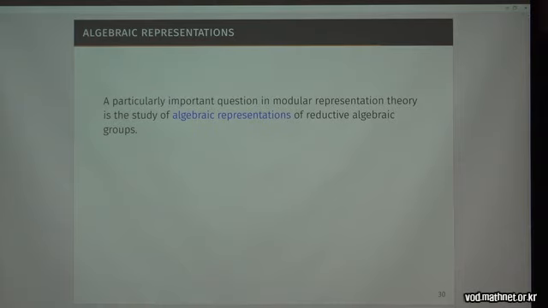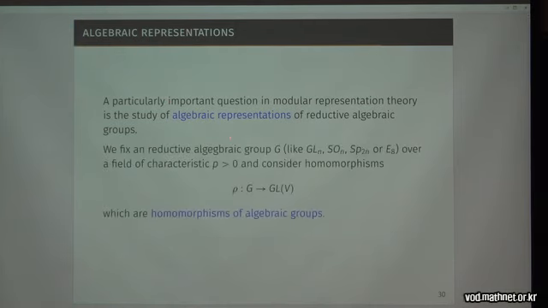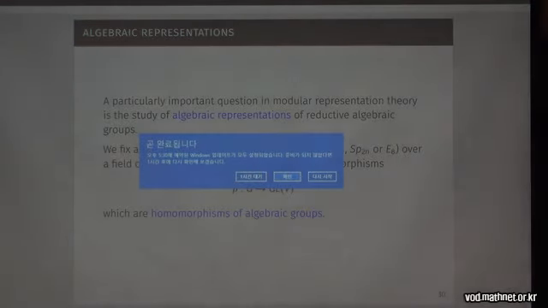What is a very important thing in modular representation theory is to consider algebraic representations of reductive algebraic groups. So we take some algebraic group, a reductive algebraic group like GLn, or